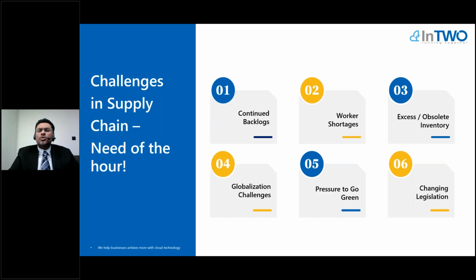The third challenge that I would like to throw light on today is excess and obsolete inventory, which is today a priority for many supply chain intense organizations. Effective inventory reductions are best achieved by synchronizing demand forecasts, inventory quantities, and supply capacity throughout the extended enterprise. Multi-echelon inventory optimization replaces the rules of thumb with science to optimize where and how much inventory should be held across the extended supply chain. So the need of the hour is a well-run supply chain planning solution that can actually mean the difference between